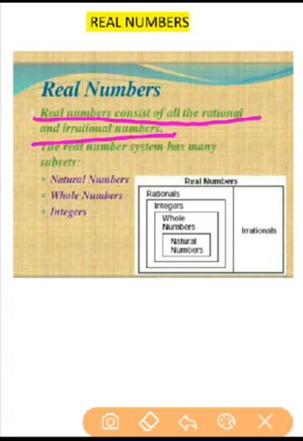So rational numbers are those numbers which we can write in the form of p by q, where q is not equal to 0. And we can also say that natural numbers, whole numbers, integers, if we combine all these numbers and put them in a bag, we can name that bag as rationals. So we can say rational numbers include all these numbers,